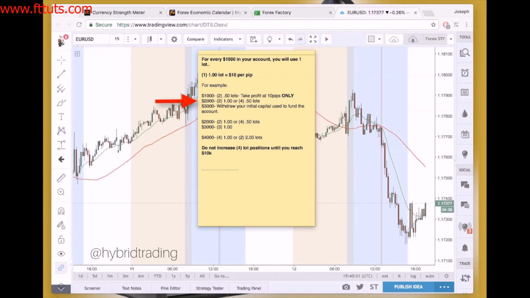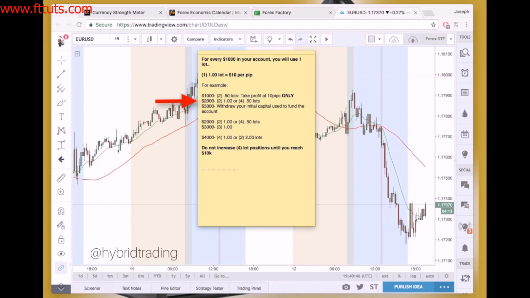And at this point, you will go back to trading with 2 lots, and you will be taking 4 positions of 0.50 lots, as I mentioned. When you get close to the $3,000 margin, you can increase to 3 lots, but I wouldn't recommend it unless your accuracy is at least 85%,